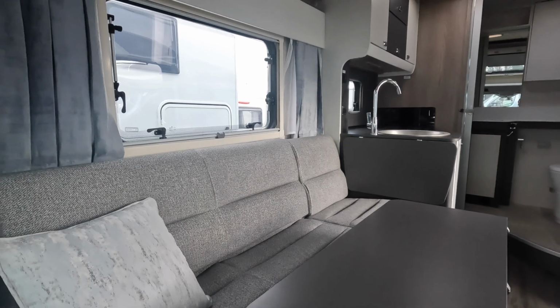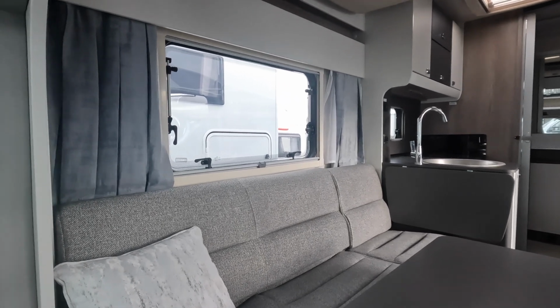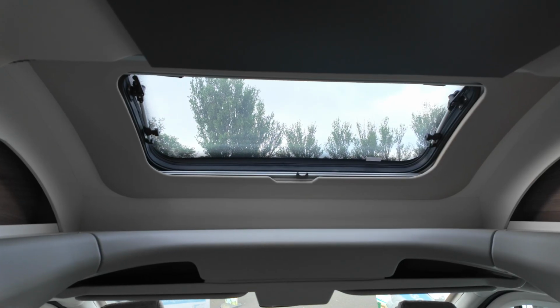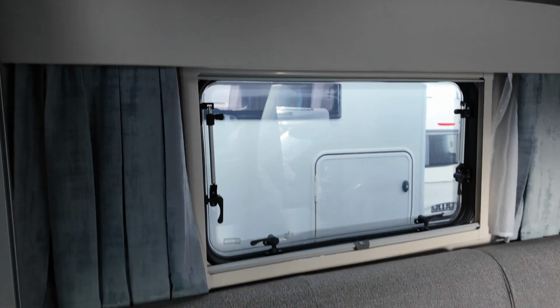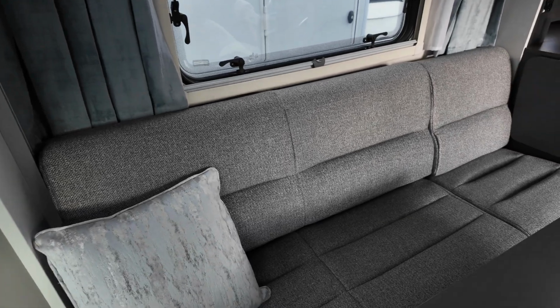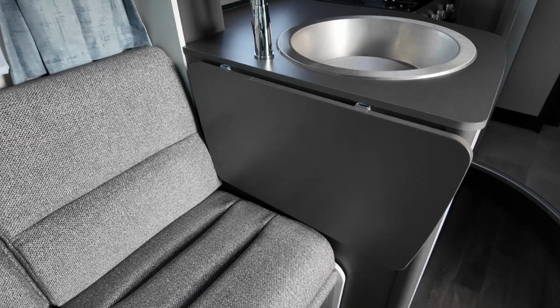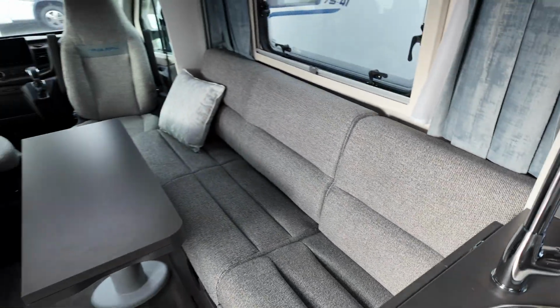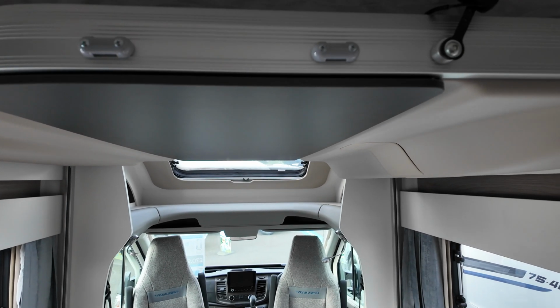Very clever. The other thing that I do like about this van is some of the finishings to it. So I really like the curtains. Above the cab there's a really useful roof window. There's also some handy little pocket storage at the side above the windows, and this nice long bench seat underneath. This makes up into a bed, so you can have a bed underneath, and then above there, you've got a drop down bed too,